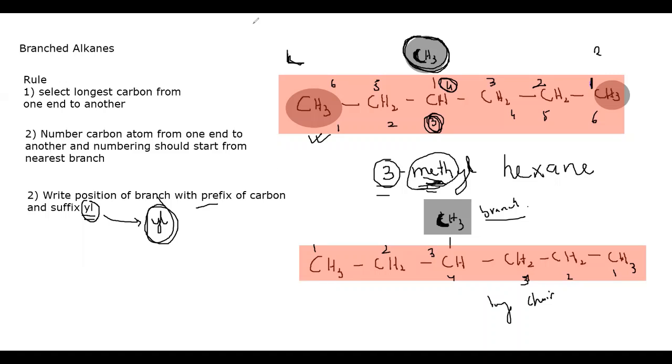And for the straight chain, we then name the chain. There are 6 carbon atoms in the straight chain. That's why we say hex. And they have a single bond. We call that ane. For 5, it is